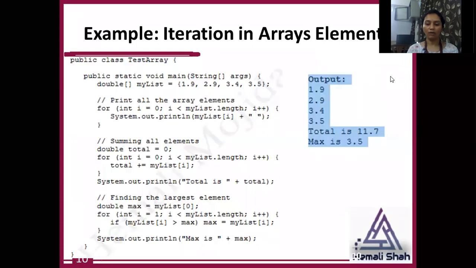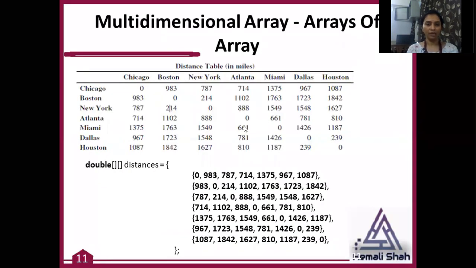Now let us talk about multi-dimensional arrays. Say for example, I am having such data and I want to find out the distance between Chicago and Houston. And I am having one tabular chart. Inside this all the values are given from and to, and the from and to distance is given in this table, and I want to find out such values. What is the distance between New York and Atlanta? By using this data available with me.